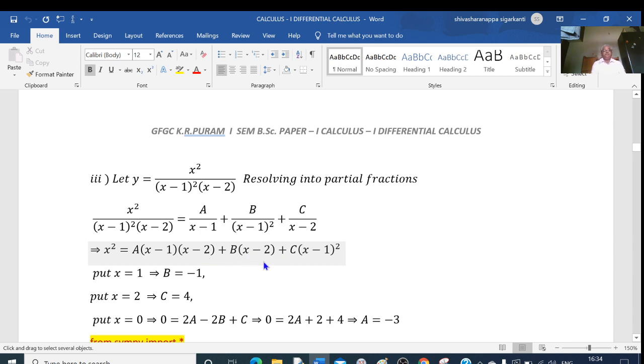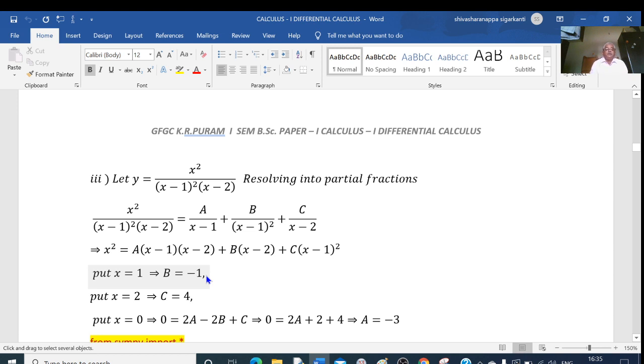Okay, for that we make the brackets 0. That is, two brackets are there, x minus 1 and x minus 2. So let me try putting x equal to 1. If I put x equal to 1, this bracket becomes 0, which means the whole term becomes 0. And this bracket becomes 0, therefore this term becomes 0. So on the right hand side I am getting only one term. Left hand side x square is there. I am taking x equal to 1, so left hand side equals 1. On the right hand side, I am putting x equal to 1. 1 minus 2 is minus 1. That is minus b. Minus b equal to 1 or b equal to minus 1. So this is the value of b.